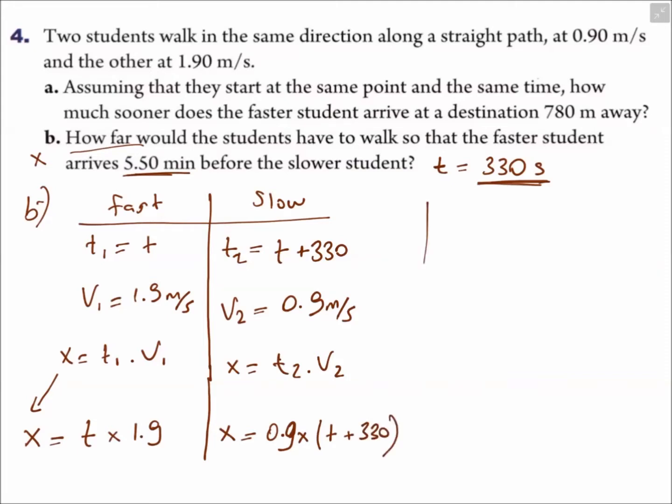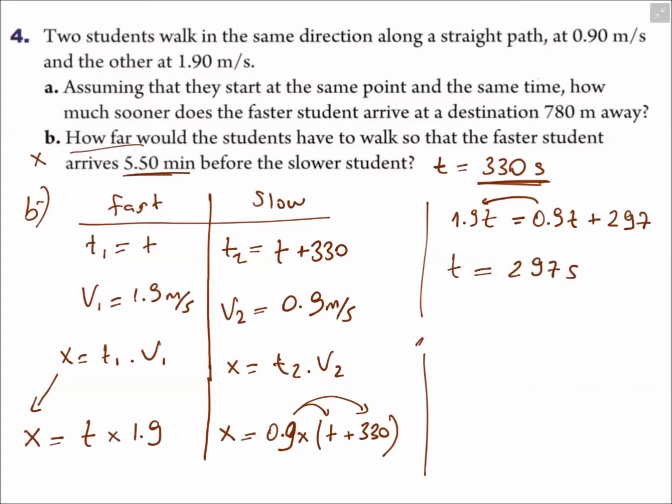So these two x equal each other. That means 1.9 t equal 0.9 t plus, when we multiply these two, we will obtain 297. So when I send this to here, it will be t, and the t gonna be